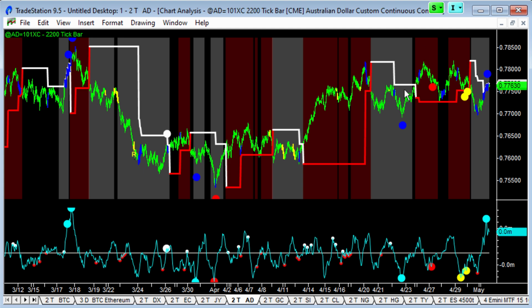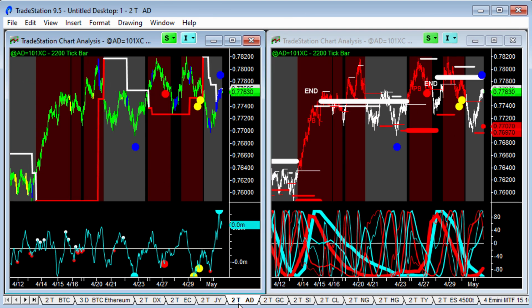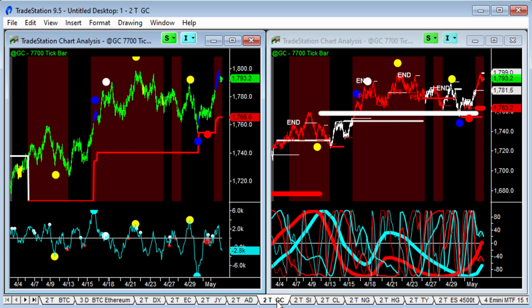So that's actually interesting to bust us out of this channel on the Aussie dollar. So all of those are saying continued weakness in the dollar index for the time being and strength in these other currencies. All right, let's talk gold and silver, because I have not found good setups in gold and silver lately,